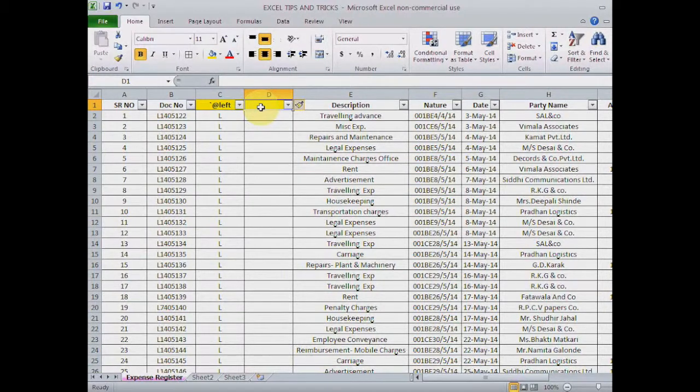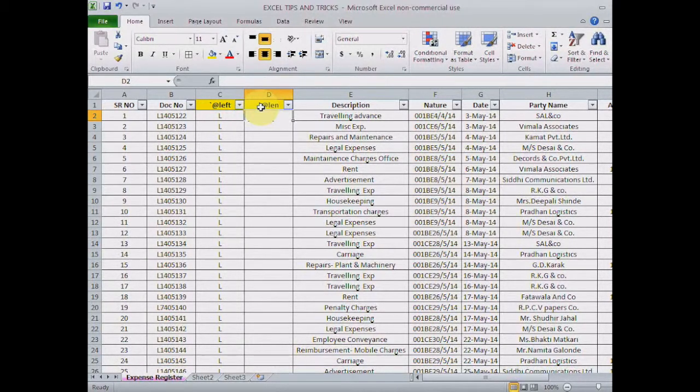Now another thing told to us by the auditee was that every document number has 8 values in all. So how to check whether every document number has 8 values? We can use the function of @len. What does @len do? The @len returns the number of characters in a text string. That means it counts the number of values in your cell reference.